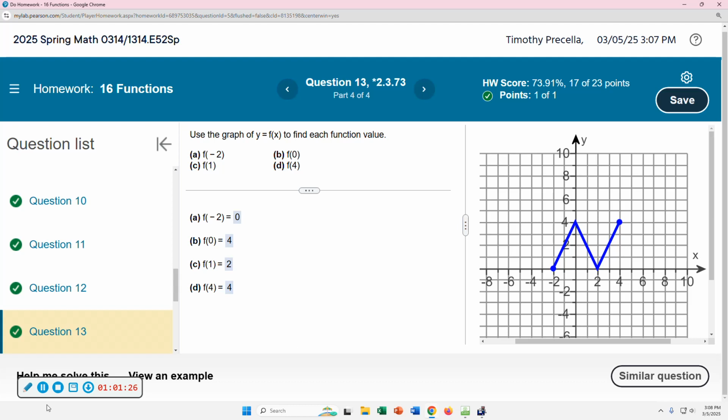But the range, the smallest y value is 0, the biggest is 4, and that would be